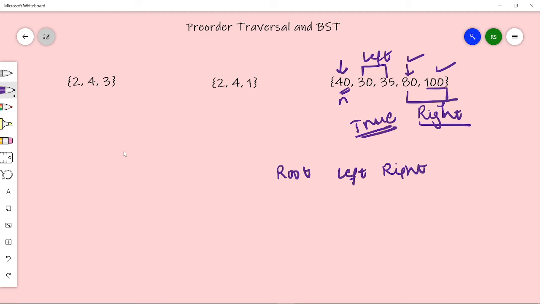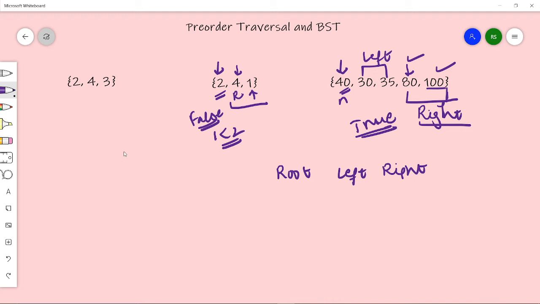Let us see for this. If I am at this position and I am finding the value greater than this, so this is my value. So now this is the right subtree. Now after this, every node should be greater than the root node. But here we have 1 which is lesser than the 2. So therefore this condition does not hold true for a binary search tree. So therefore we cannot generate it, and the answer is false.